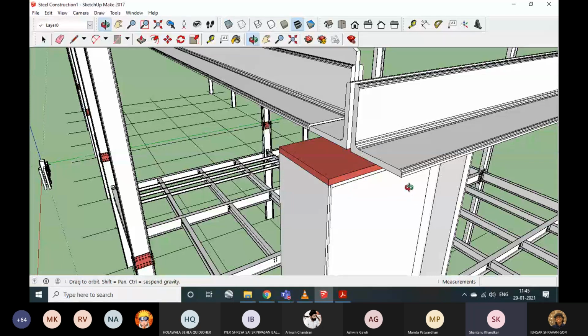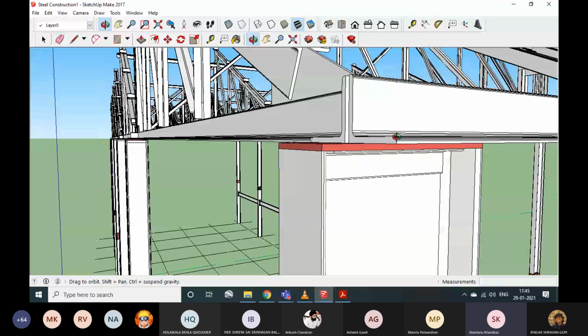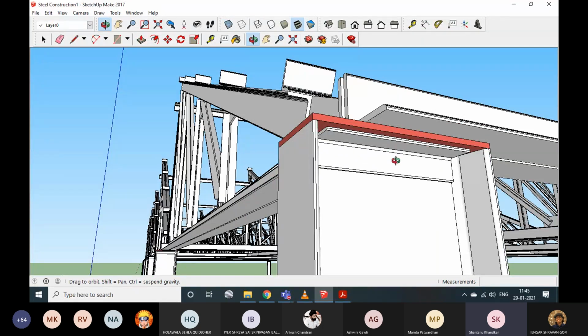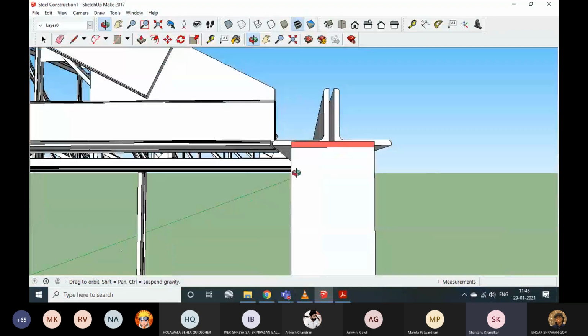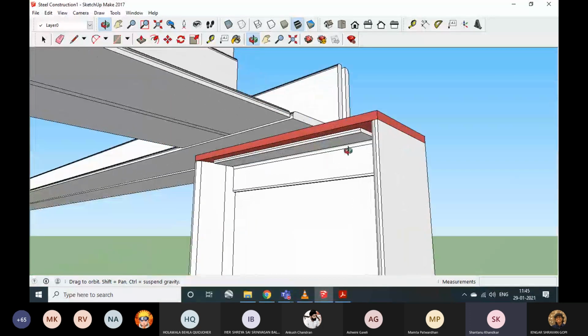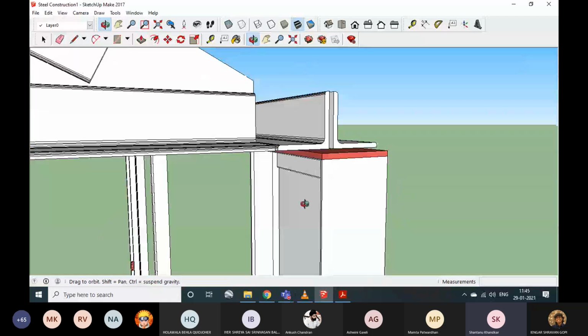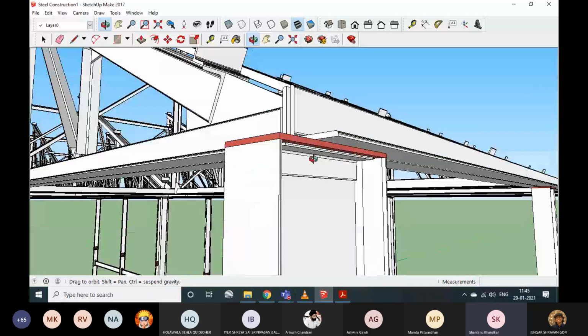Okay, if you have a connection, so if you see here how the base plate is placed, there is a cleat here, which forms this kind of a stable surface on which the base plate can get placed. Then they can be welded or bolted, depending on the decision that you make regarding that. There's a similar thing over here on the other side as well, and that is basically how the connection will happen.